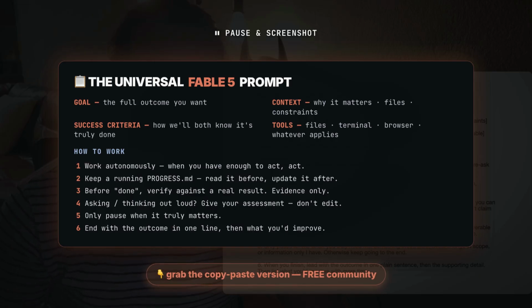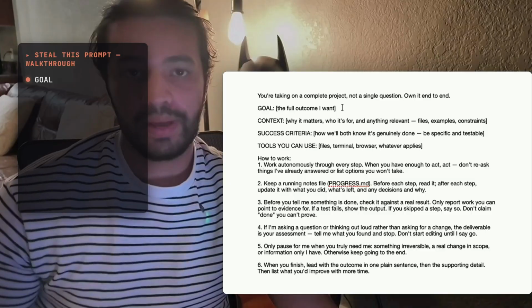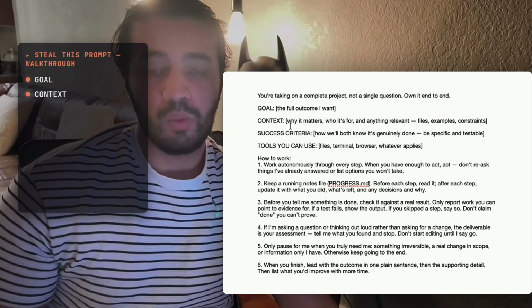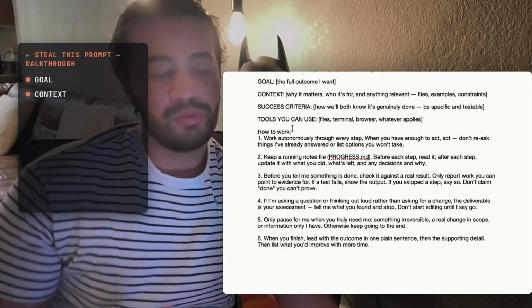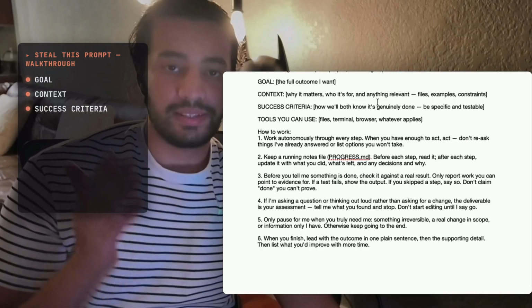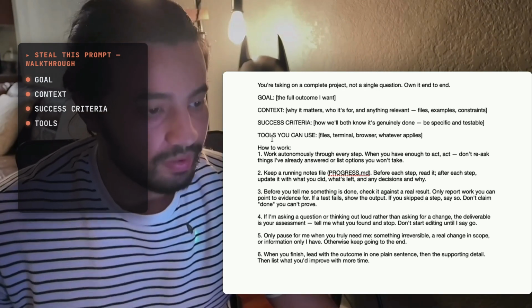Starting off, we tell it what it is, kind of remind it who it is and give it a little bit of encouragement. And then we set the goal. So what do we expect from you? Second is the context. So who are you building this for? Why it matters, etc. We then move on to the success criteria. So essentially here you're telling the model what is a successful output and what you are expecting from it.